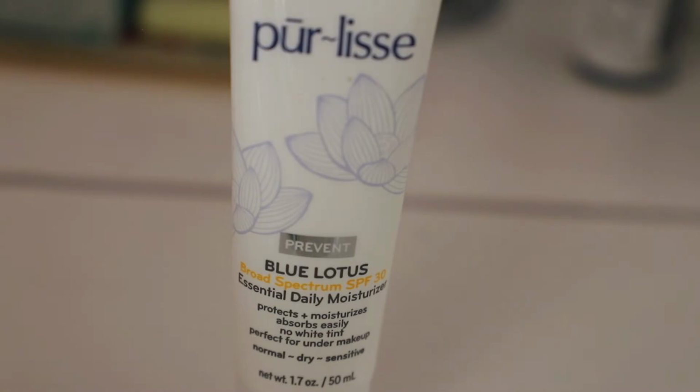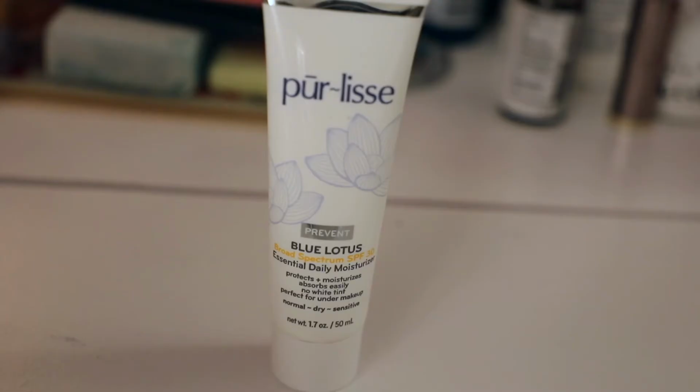One thing I definitely want to make sure is they offer this without SPF, so it's basically exactly the same product, but without SPF. This one obviously states on the front of it that it has no white tint because of that reason. A lot of products with SPF in them tend to have a whitish tint. I'm not entirely sure if this is available in different sizes, but it looks like there are a lot of